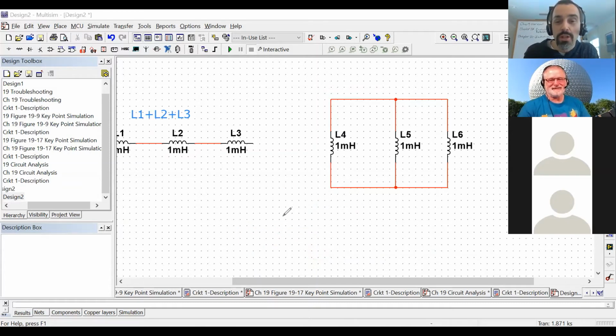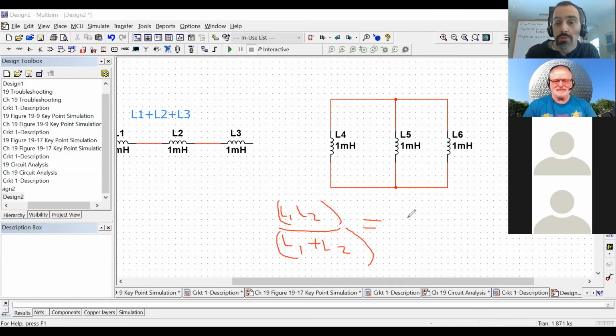What you do is you take L1 times L2, L1 L2 over L1 plus L2, and you call this equal to, let's call this L1 comma 2. Now you have this one right here. Just ignore L4, 5, and 6. Just pretend those are 1, 2, and 3. Now what we could do is take L1 comma 2